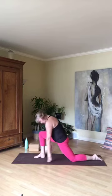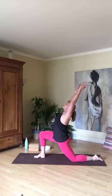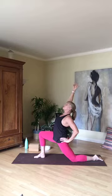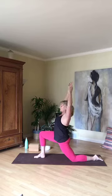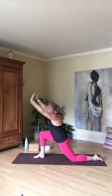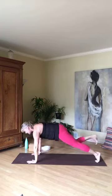Top of the foot comes to the floor, sweep the arms up and extend your spine. All right, coming into that gentle extension, the hip is moving forward, the shoulders roll back, and you come to a place where you feel strong without compression into the low back. So if you feel this load coming into your low back, come more forward in the upper body. Exhale, take your hands down to the mat, curl the back toe under, lift the knee, step back to plank